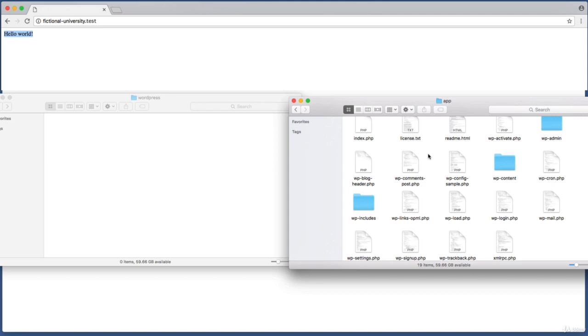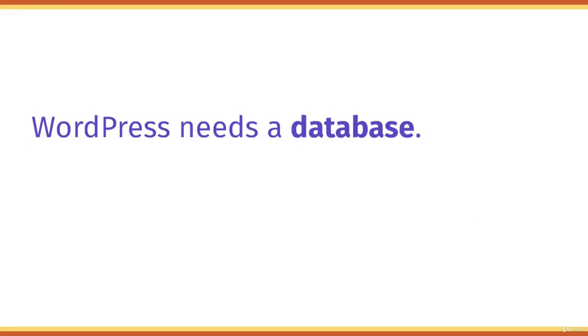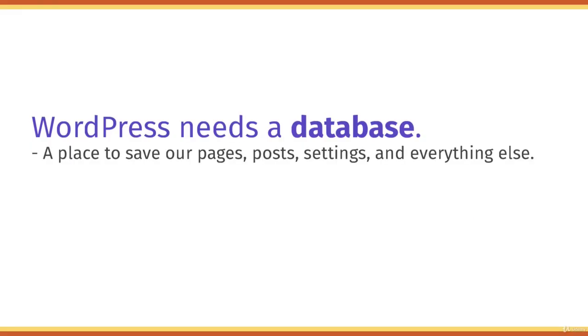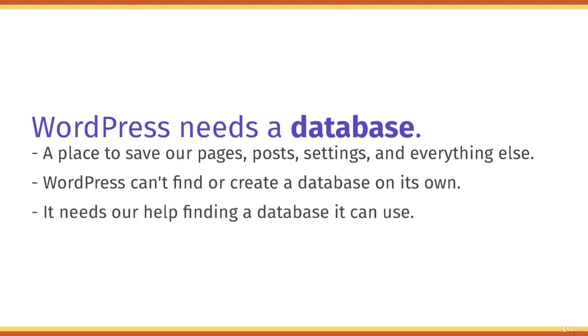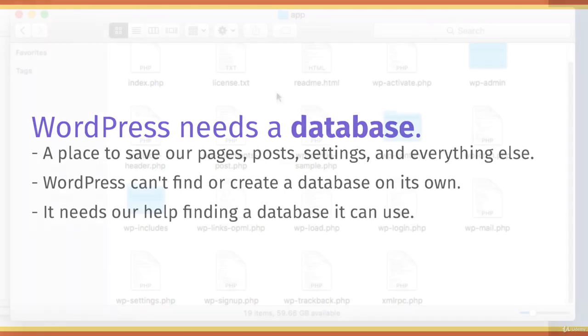And this last step has to do with databases. So WordPress needs a database where it can save everything. All of its pages, all of its posts, all of the settings, all of the everything. Now, WordPress cannot find or create a database on its own. It needs our help. And the way that we help WordPress find a database to save to is by editing this